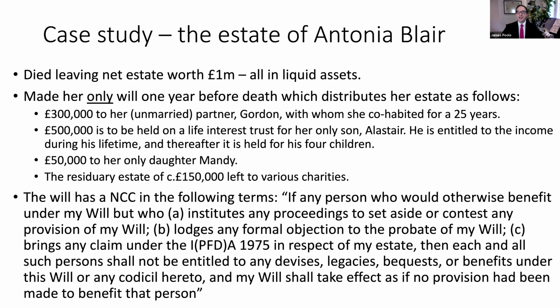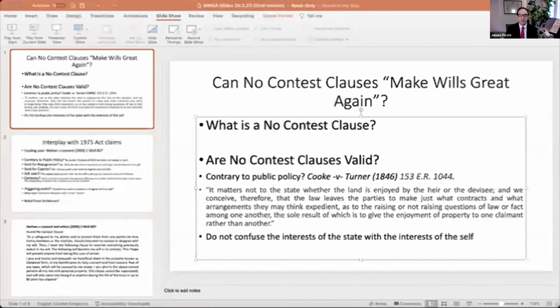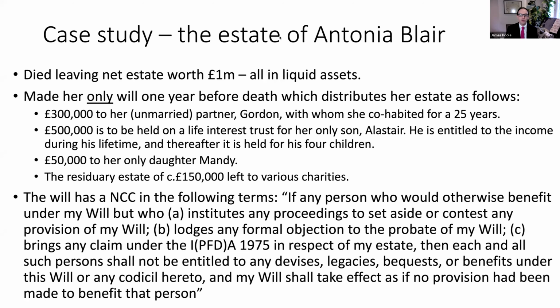It'd be madness. So this is a pretty standard phrase, but whoever challenges it loses their entitlement is the key thing to take away. So the first of these people is Gordon, and just to give you a bit more context about Gordon. They lived together for 25 years. That house was paid for by Antonia, so he was reliant on her for his housing. He is retired, limited income and limited assets, but in the last few months has begun cohabiting with a new partner, Keir, a very wealthy man who lives in Islington.